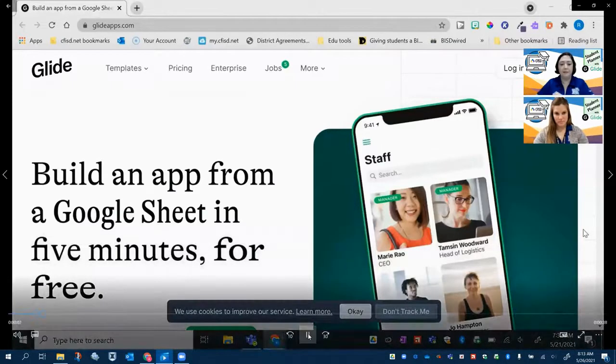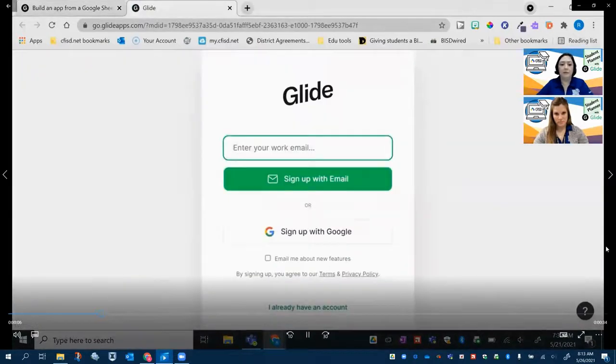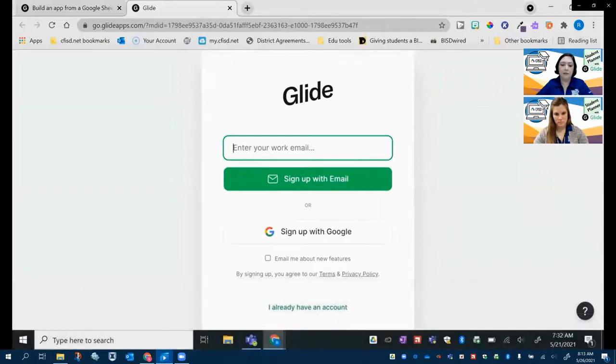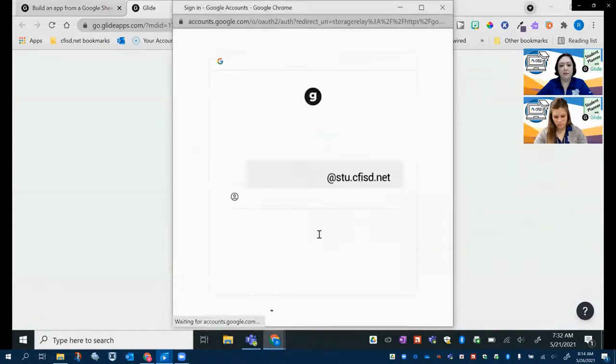Our first step is for you to set up an account in Glide. So go to the website, click sign up, and then on this screen, we're going to choose to sign up with Google. And the Glide app has gone through the CFISD cybersecurity screening, so it is safe for teachers and students to use. So here we're going to click sign up with Google, and then make sure to choose your